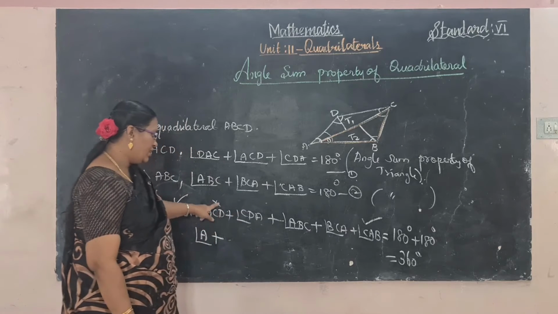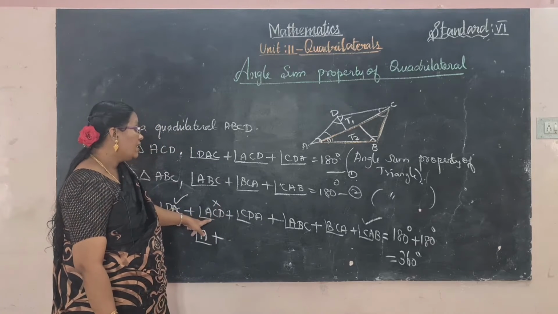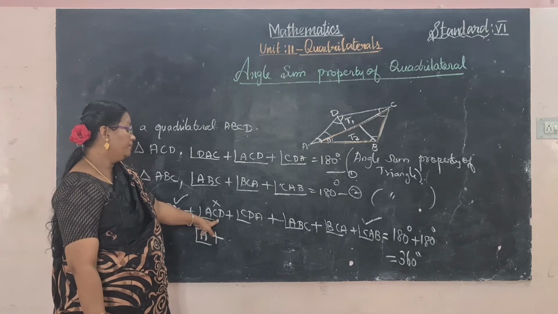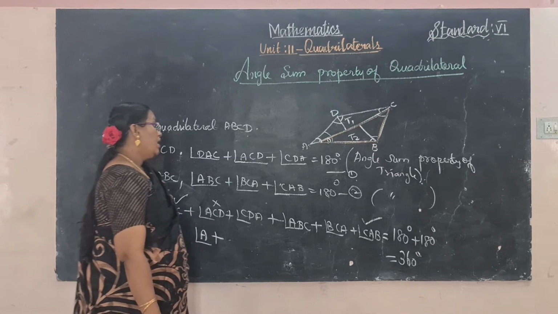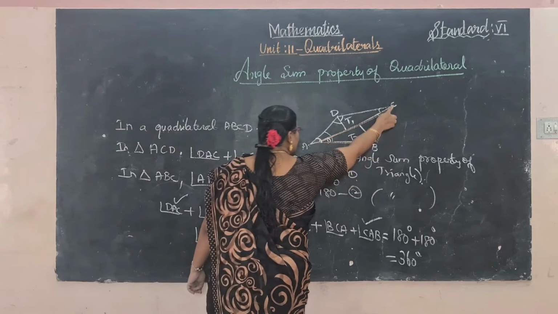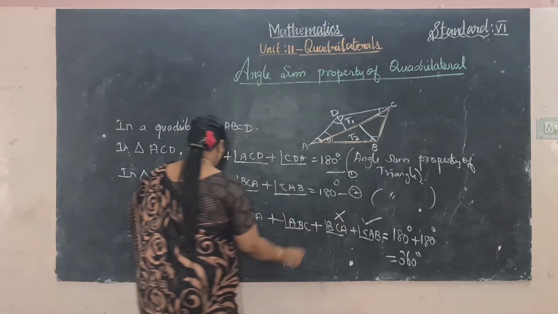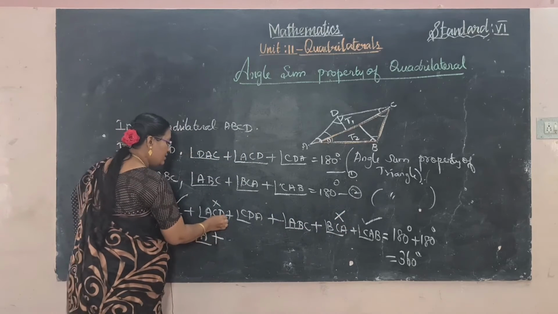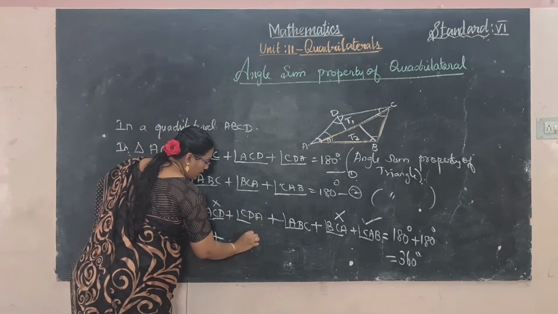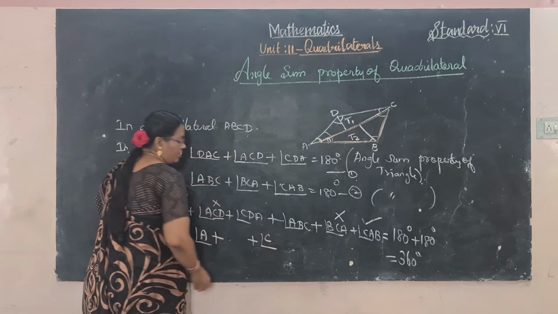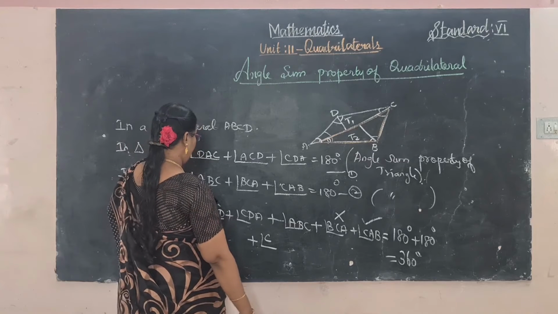For identification, I have crossed it. Okay, ACD and BC or BCA. Okay, these are the common angle is C. Okay, common angle is C. Okay, and next